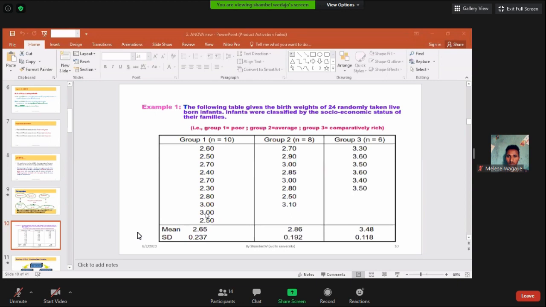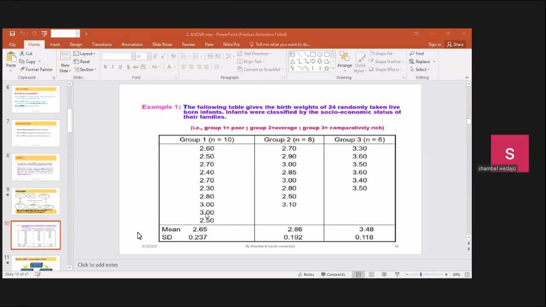አንድ ግሩፕ ላይ ያሉ፣ ግሩፕ 1 ላይ ያሉት ራሱ አንድ አይነት የልደት ክብደት አይኖራቸውም። ፑር በመሆናቸው ምክንያት ሁሉም እናቶች አንድ አይነት ክብደት ያለው ልጅ አይወልዱም፣ ይለያያል። በእናቲቱ ፋክተር ምክንያት ሊሆን ይችላል፣ ባዮሎጂካል ሊሆን ይችላል፣ ብዙ ፋክተር አለ። በአንድ አይነት ግሩፕ እንኳን ሆኖ አንድ አይነት ክብደት አይኖራቸውም። አናውቀውም፣ ይሄን ስለማናውቀው የጥናታችንም ዋና ኢንተረስት አይደለም።